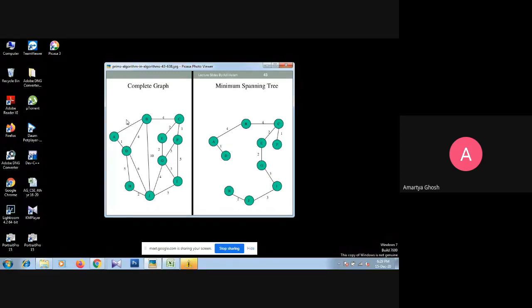Now this new 4 has the same priority, so it should behave like a normal queue. Right now, the AD 4 is in the front position, and the new 4 will come into the rear position, that means after the AD.